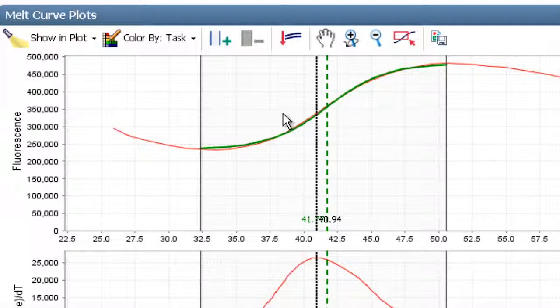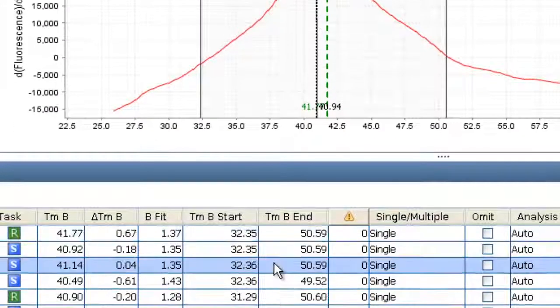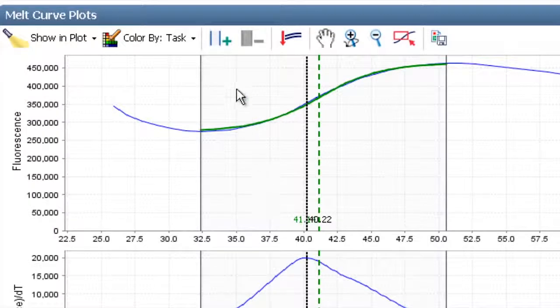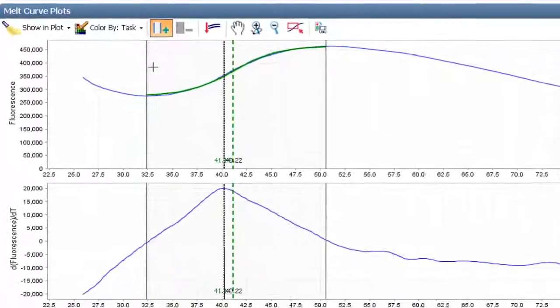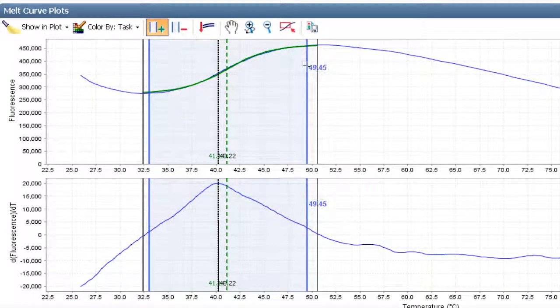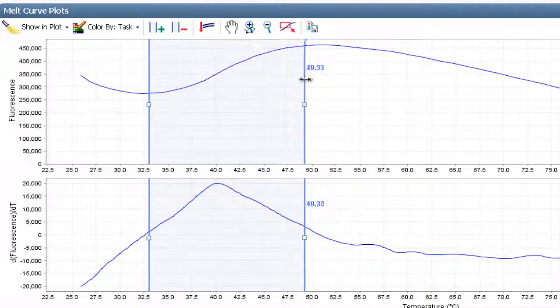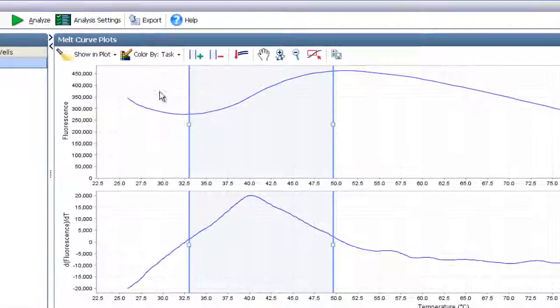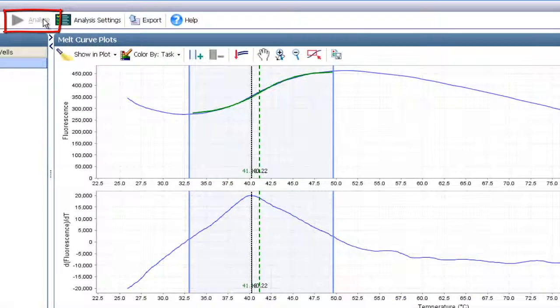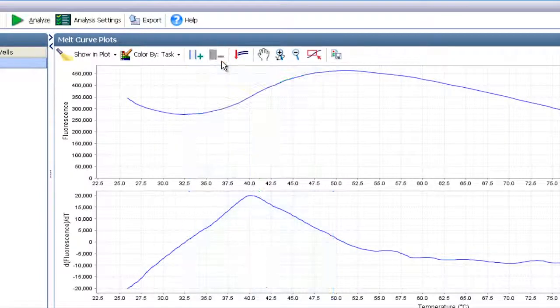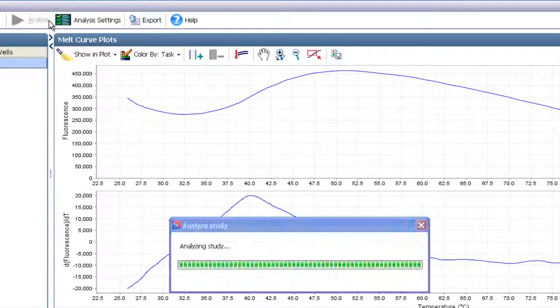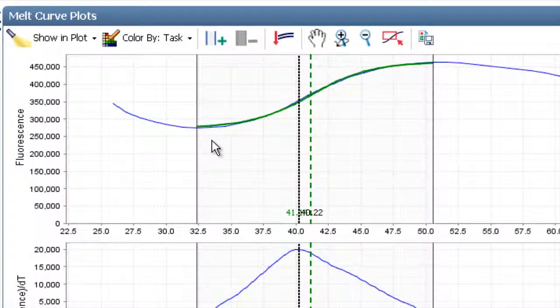per well basis. To do this, I select the well to adjust, click this plus symbol, drag out a new region of analysis, make any fine adjustments that I want, and hit Analyze. To go back to the auto setting, I simply select one of the two blue lines, hit the minus sign, and again, Analyze. I have the option to color my curves differently, which is a very quick and powerful way